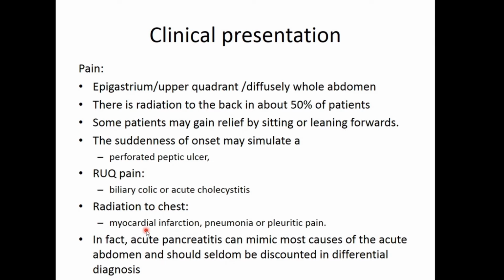And such patients, many a times we have had, when they have gone first to the cardiology or to the medicine department, and after admitting them and doing an ECG, they find that the ECG is normal, and they have been referred to surgery, and in surgery we have discovered that they actually are a case of acute pancreatitis. So myocardial infarction because of radiation to the chest. The pain sometimes in acute pancreatitis can also radiate to the chest, and therefore it can